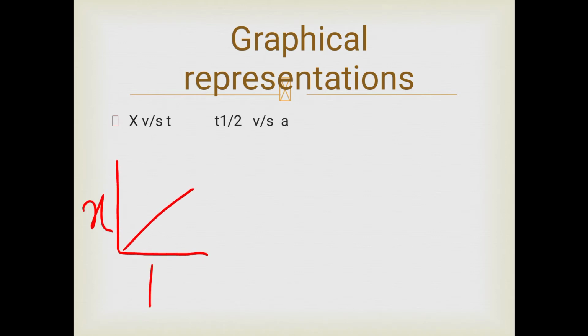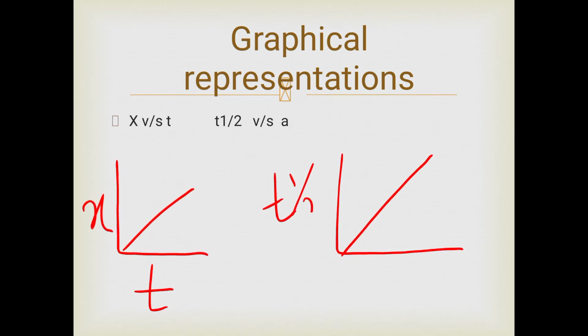Here you have your x, here you have your t. This is a graph. Direct proportionality is observed. But when you plot a graph of t half versus a, you also get a similar graph, that is direct proportionality. This is all that you got to remember. And this graph is plotted based on the equation that you obtained for half-life and a, where your slope for this graph is 1 upon 2k.